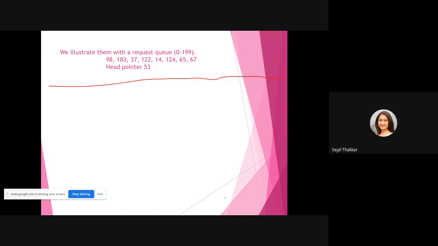So what you have to do first in solving this example is draw one horizontal line like this from 0 to 199. And whatever head positions are given to you, you have to put them from smaller to larger in proper order. So first I'll keep 14 here, then 37.